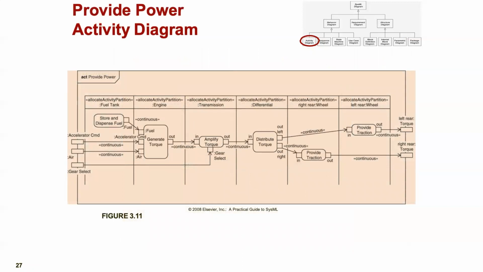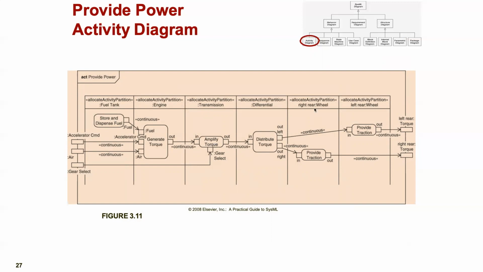For an activity diagram, here is an example just going through the various elements of providing power. So you need to have fuel before you can have power. The fuel goes to the engine. Then the engine converts that fuel into energy. That energy is put into the transmission. The torque is applied. And then in the transmission and in the differential, the torque is distributed to the